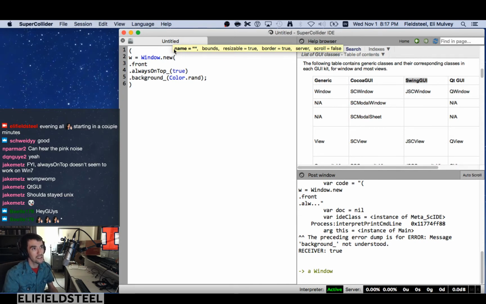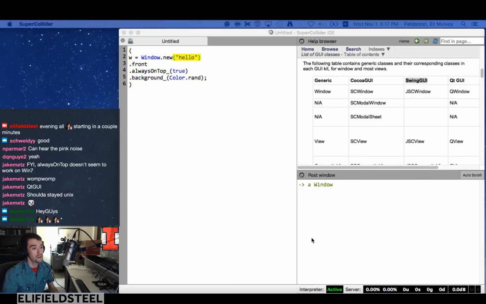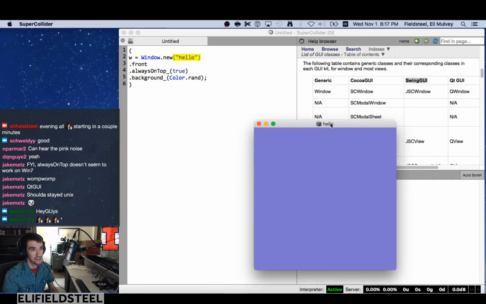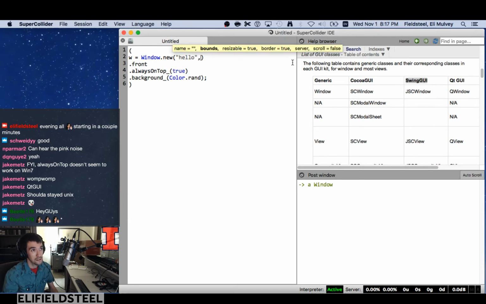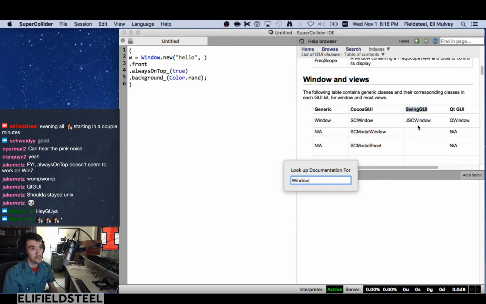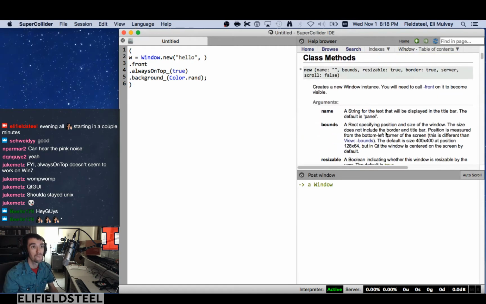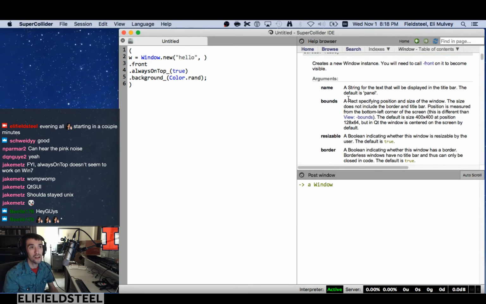So window.new accepts 6 arguments. Name, which is the word that appears in the title bar. So notice my window now says hello at the top. That's very nice. Next is probably the most important of these 6, which is bounds. Let's look at the help file for window. Bounds expects an instance of a class called rect,